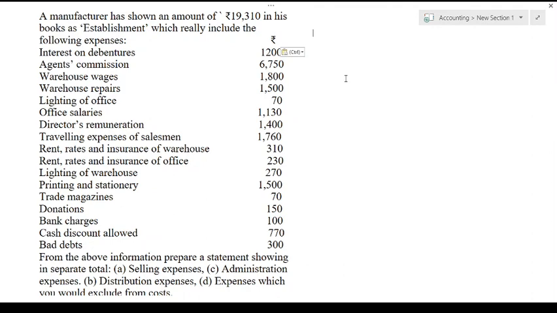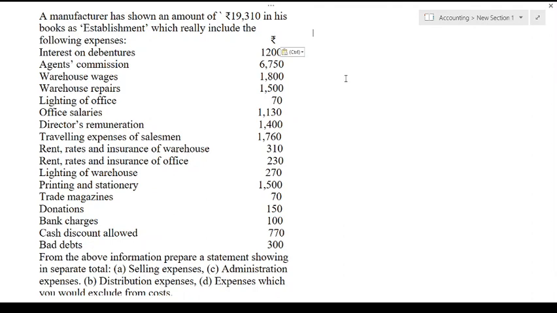19,310 rupees in his books as establishment, which really include the following expenses: interest on debentures 1200 rupees, agents commission 6750, warehouse wages 1800 rupees, warehouse repairs 1500 rupees, lighting of office 70 rupees, office salaries 1130, director's remuneration 1400 rupees, traveling expenses of salesman 1760 rupees, rent rates and insurance of warehouse 310 rupees, rent rates and insurance of office 230 rupees, lighting of warehouse